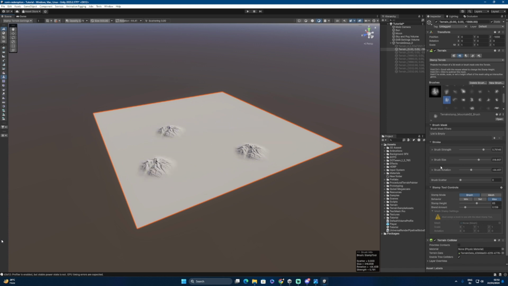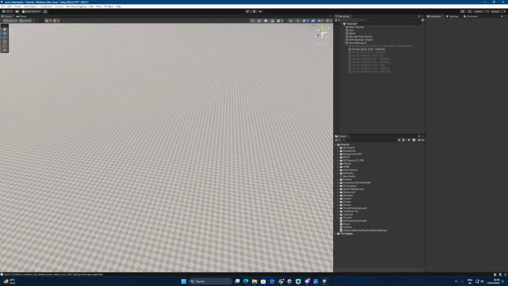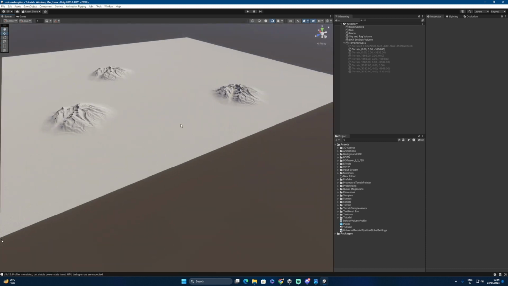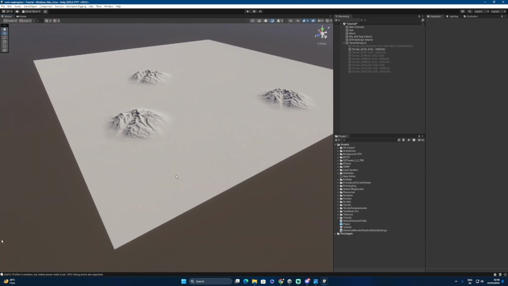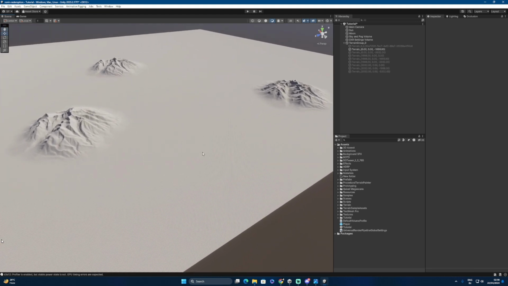And you can play with these settings, you can use different options and you can decide how your terrain will look, the shape of the terrain will be, and then you can move forward to paint the terrain with textures. So after sculpting the terrain, you will have to paint the terrain with textures, and for that you have to create terrain layers. So we will go to project, and in project we will go to the folder terrain